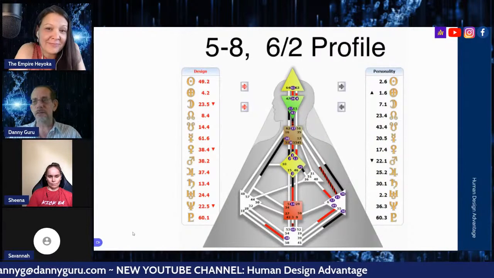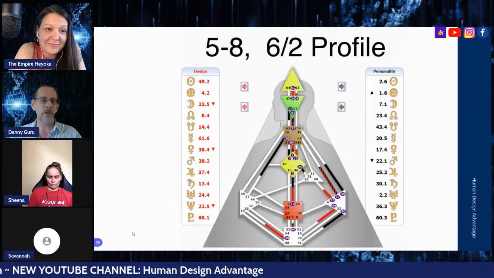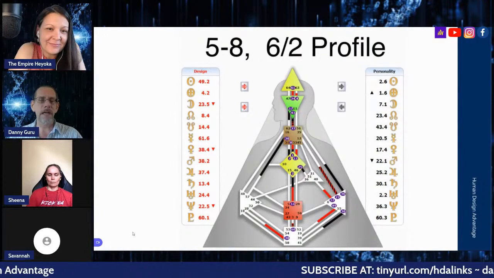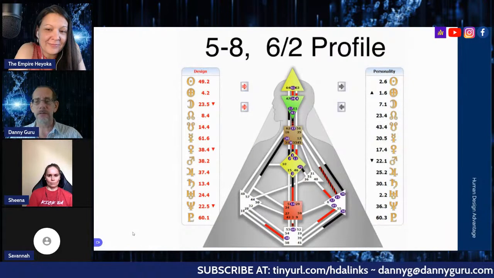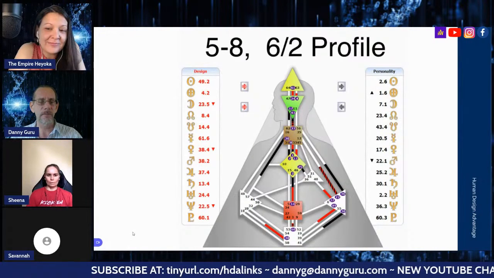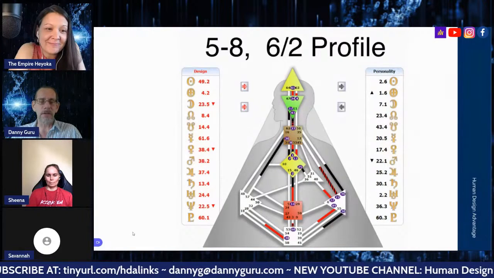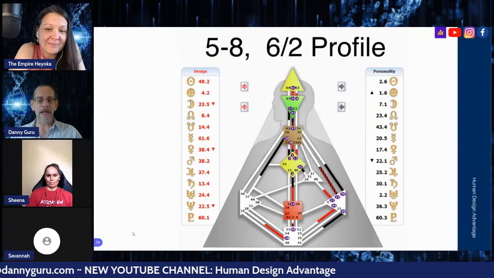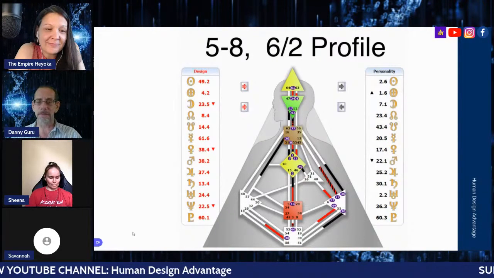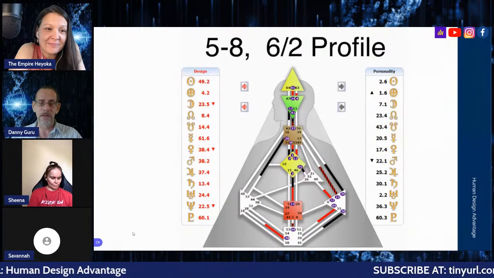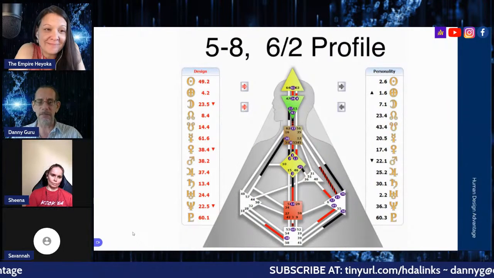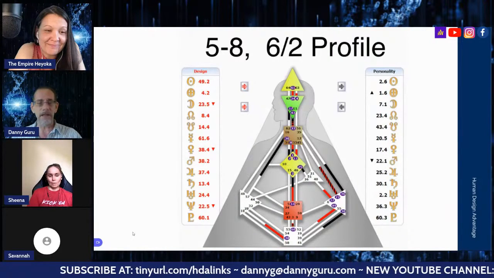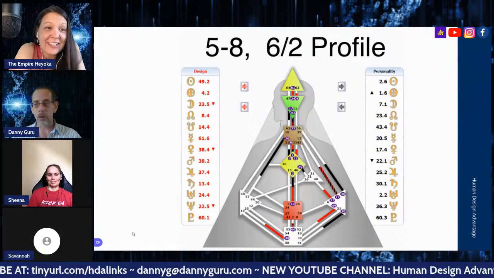People look to the 6/2 to corroborate this for them. If the 6-line personality says it's this way, then all the other lines below say the role model said it was this way, so it must be so. The old archetype was the 5/1 heretic who comes into town and says rain's coming, you've got to build an ark. And the villagers get nervous. Who is this heretic? They're projecting upon this heretic that he or she may or may not be telling them the truth.